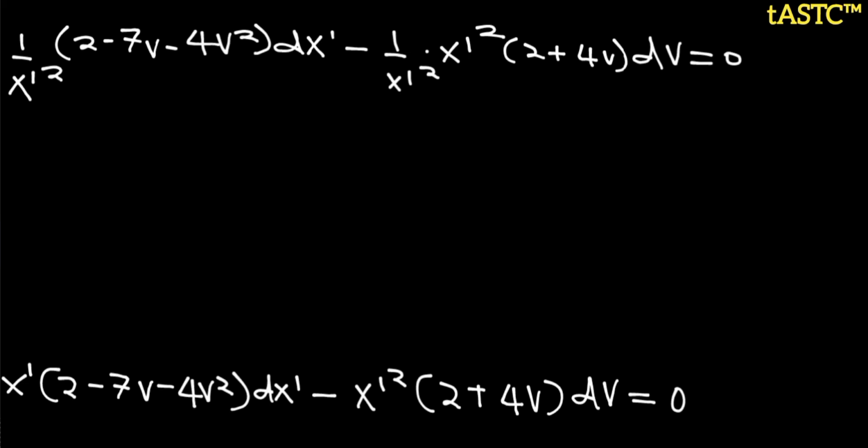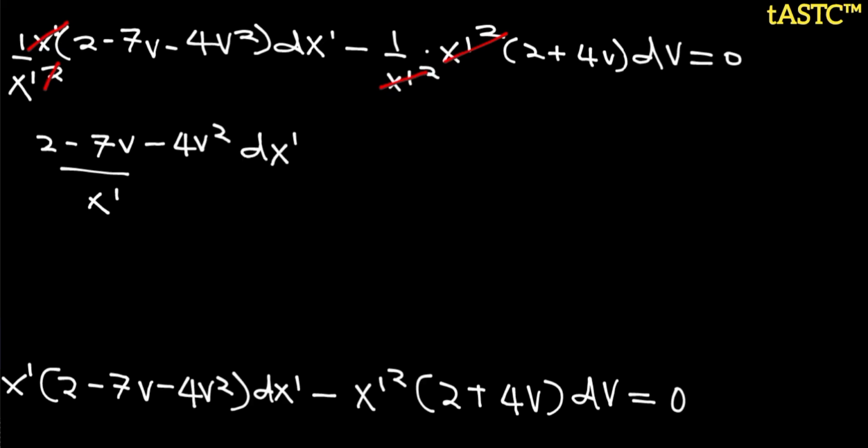So we know that there was an x prime over here. We need to add that there. If you have x prime with an x prime squared, this is actually going to cancel just one of it. Now here we're going to cancel everything out, and this is what we should have. So we should have 2 minus 7v minus 4v squared divided by x prime. This is going to be a dx prime. And on this other side, we actually have a 2 plus 4v, and this is going to be a dv